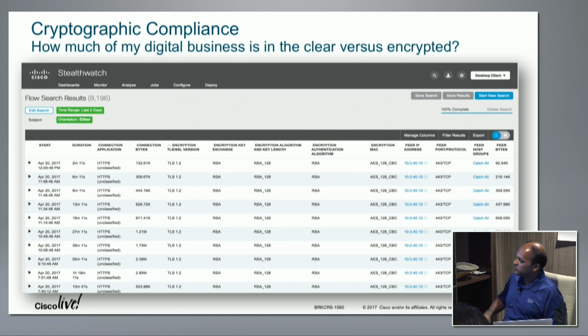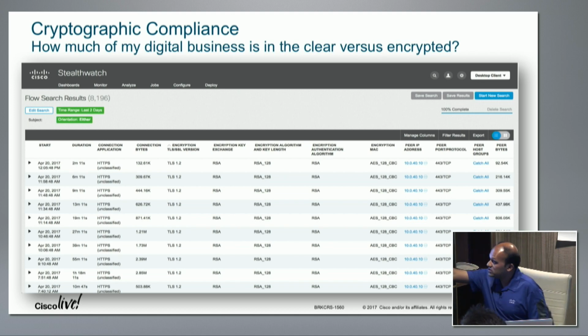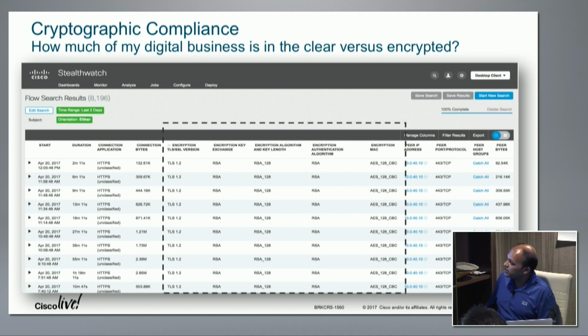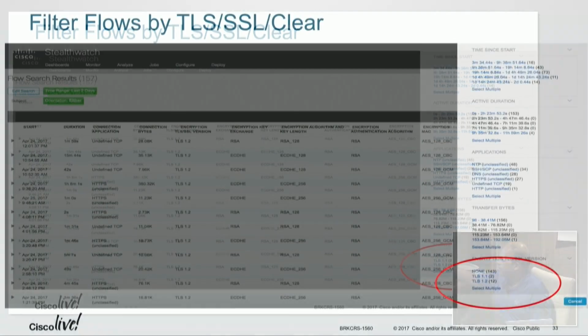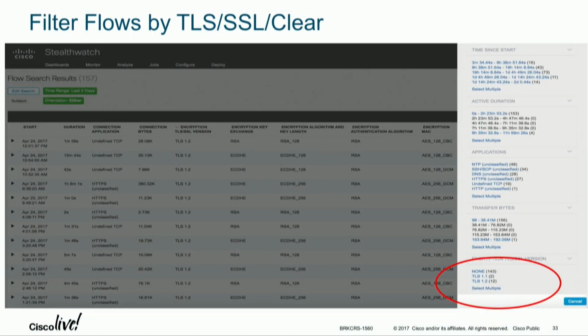So if you look at this, what we have here is what the Stealthwatch management console looks like. You'll be able to see the different encryption algorithms. You can actually filter it out, and you can also see that a lot of streams are not encrypted at all. Some of them have none, some of them have a specific TLS version, and so on. So that's basically what Stealthwatch brings to the table. And we'll also be able to do the